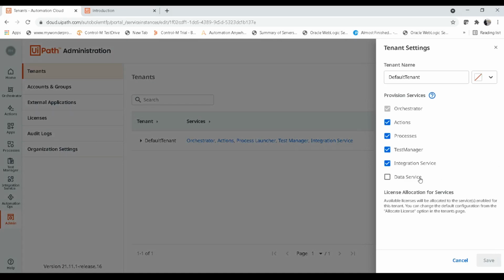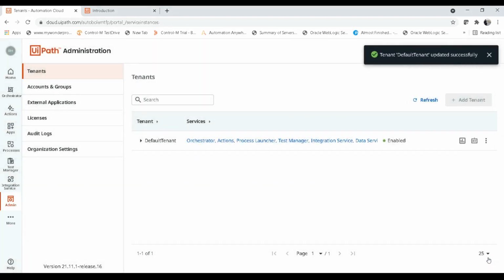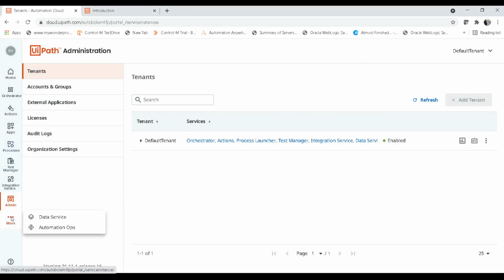That's why that service is not seen on the left-hand side. So I'm going to select this Data Service and click on Save. Now you can see the Data Service is available in the tenant page. So I'm going to click on Data Service.